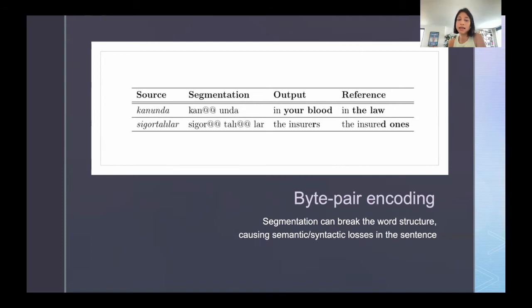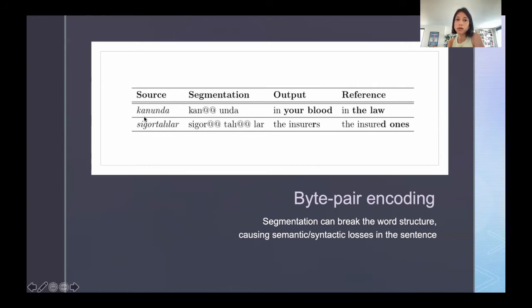In the second case, I also did some analysis by looking at the translations. And what I observed is that segmentation, when it happens in the middle of the root, and in cases where it results in a new lemma, such that there is now a semantic ambiguity, so there is a polysemous word, then the word can be translated incorrectly, in the sense that, for instance, in this example, we have the